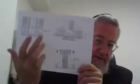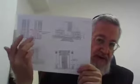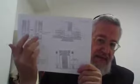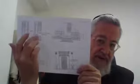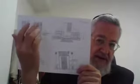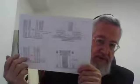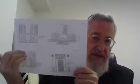This is the picture that we need to keep in mind. We have the Heichal. Around the Heichal is the Kosel Heichal. After that is the Teh, the corridor with compartments, and after that is the Kosel HaTeh. These 3 walls went all around, whereas the 2 last walls came to a dead end at the northern wall. So now let's take a look at